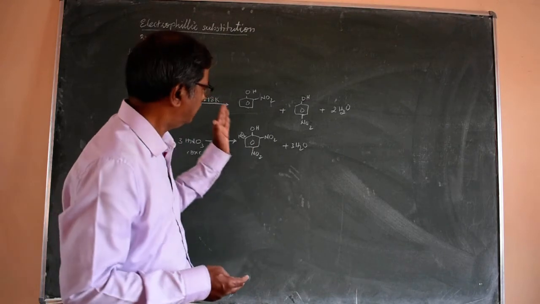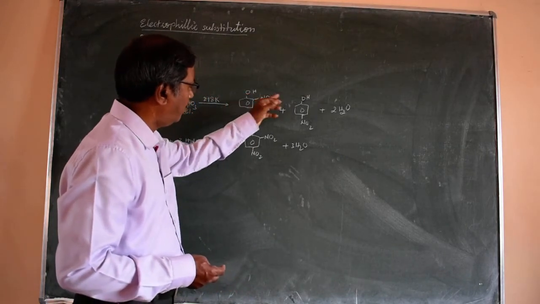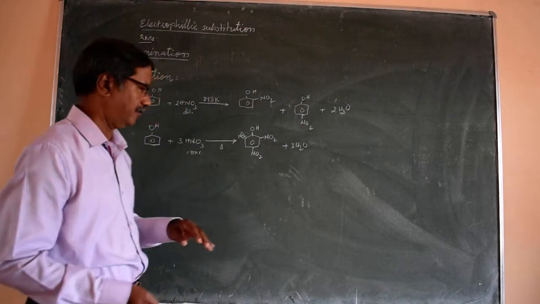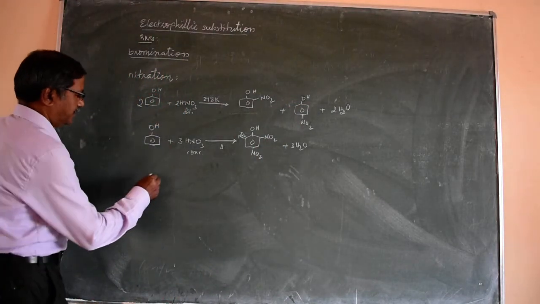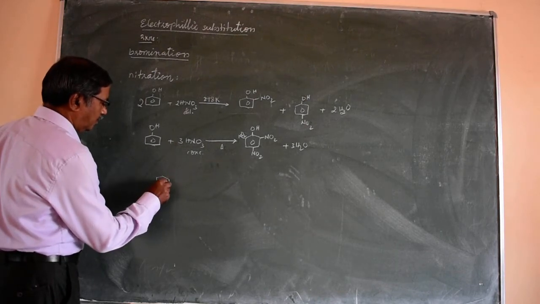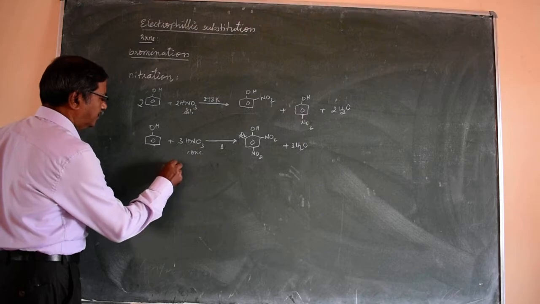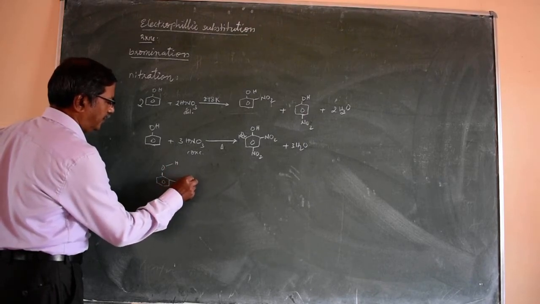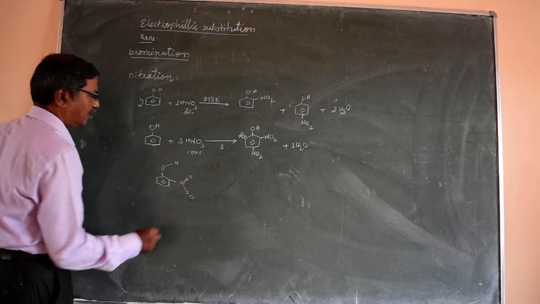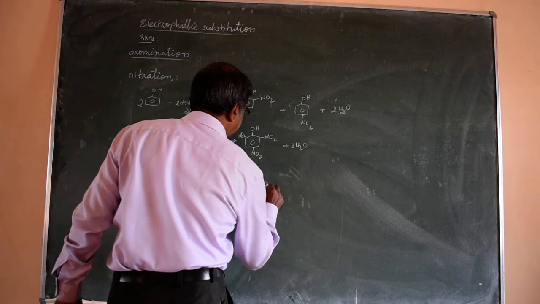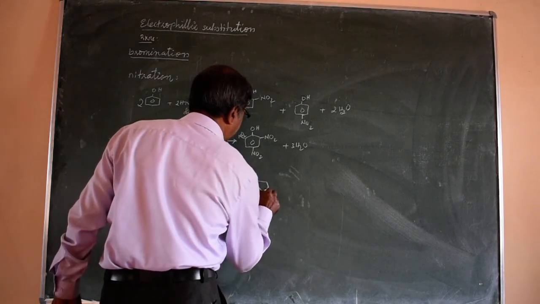But here, there is hydrogen bonding in this compound and also in the para compound. What type of hydrogen bonding? In the ortho product, we have intramolecular hydrogen bonding. And in the para product, that is para-nitrophenol, we have